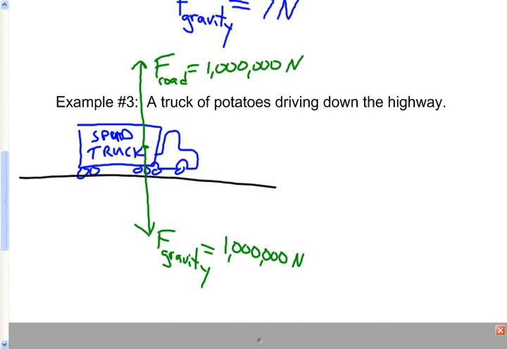It turns out that it's friction of the road pushing on the wheels that makes the truck go forward. But for now, let's keep it simple. Let's say that the truck's engine provides a force of, let's call it, 400,000 newtons